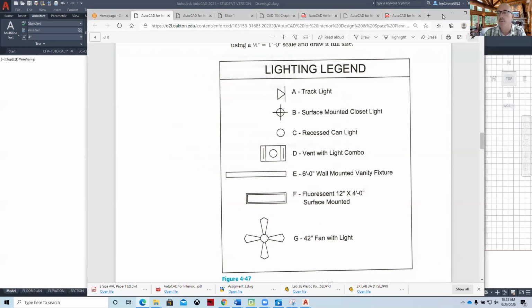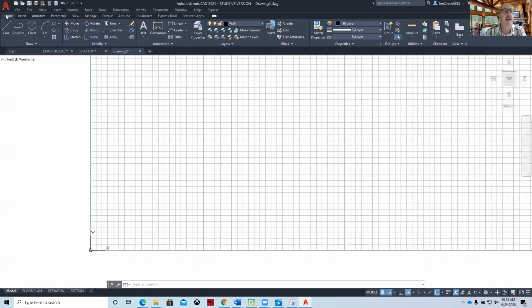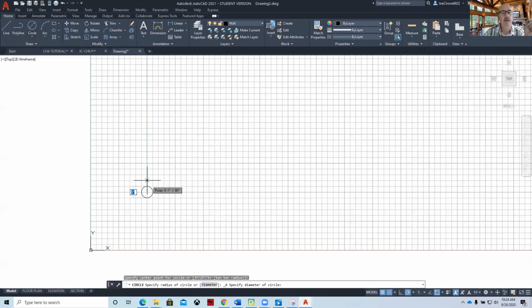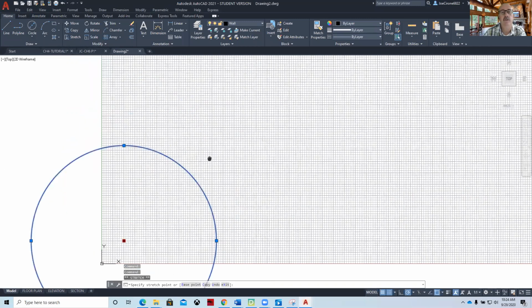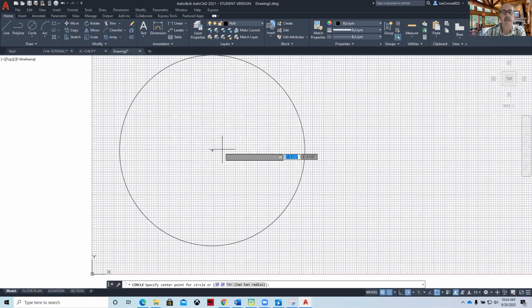So as we look at it, what we would do is go to the home command, and then I would just draw a circle. Let's do a circle by diameter so we don't have to do math. Center, diameter, and that would be 42. And then if I measure that, that's the correct dimension. And what I'll do is I'll move this over. I didn't know the grid was this small. And what I would do here is draw a circle at the center of it,